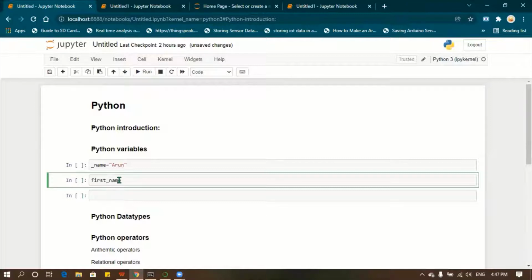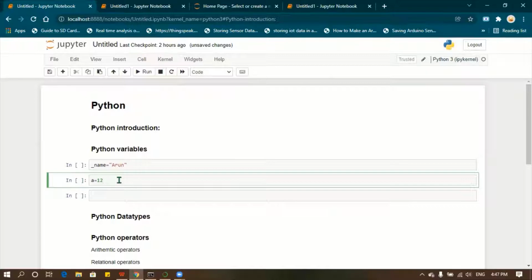And your variable name should be a meaningful one. I should not use a equal to 12. You can use it if you're just going to work on some small programs, simply working on that and not going to develop it further. At that time, you can simply use a equal to 12, b equal to 5 like that. But if you're going to do some projects,